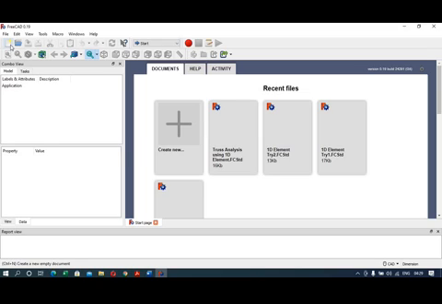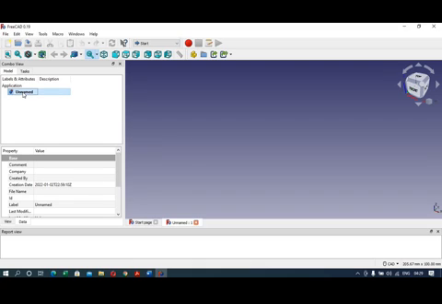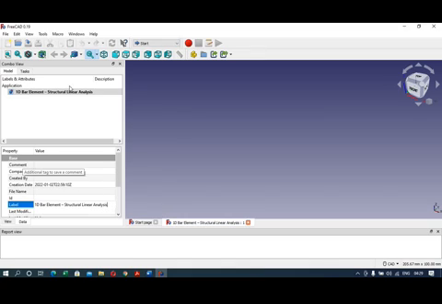So you can start your experiment here. In the upper left corner you can see this button, create a new empty document. You can click on this button. Here in the tree you can see the application with the default name. Here at the bottom you can see the subtree. Under this label you can change the name of the experiment, which is 1D bar element structural linear analysis.